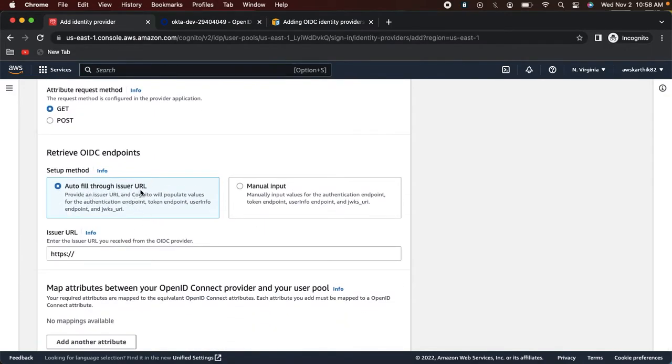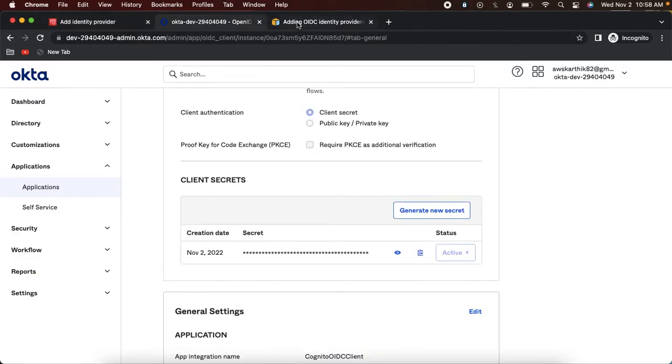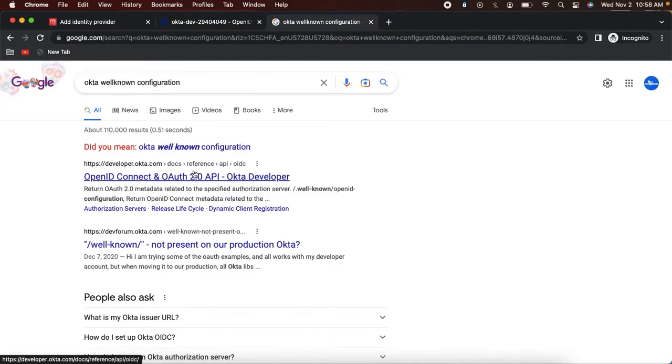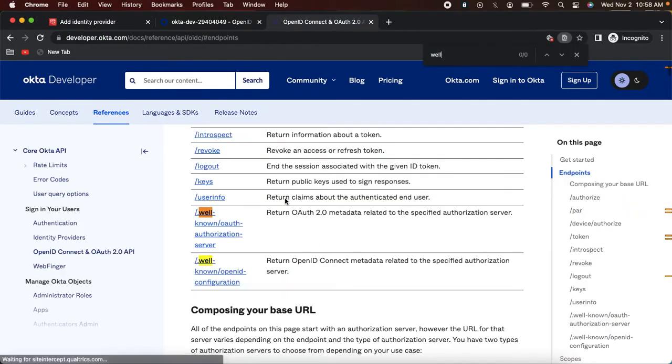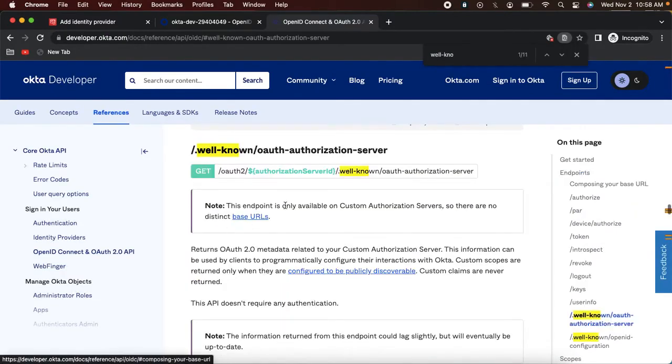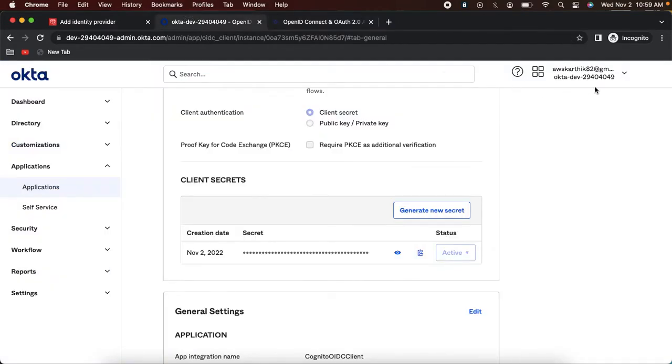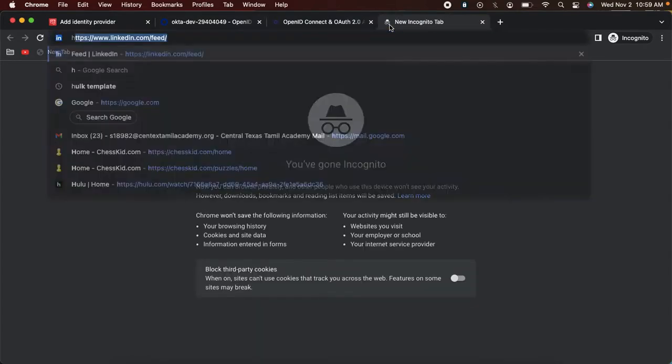And it asks for the issuer URL. So if you go to the Okta documentation and search for Okta well-known configuration. So let's actually search for the documentation. Just search for this URL well-known. So if you click this link, what Okta says is this is the URL. So basically it is the Okta domain followed by OAuth2/authorization server ID and these values. So in order to get the Okta domain, just click here on the right hand side, copy this. So this is the Okta domain